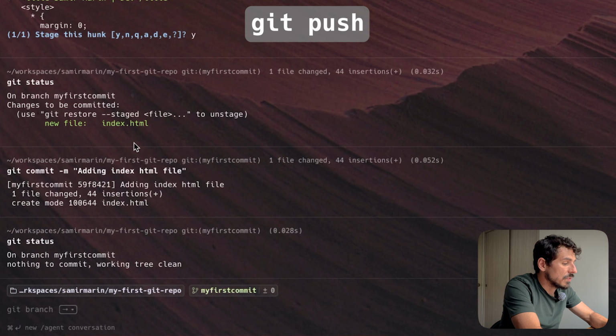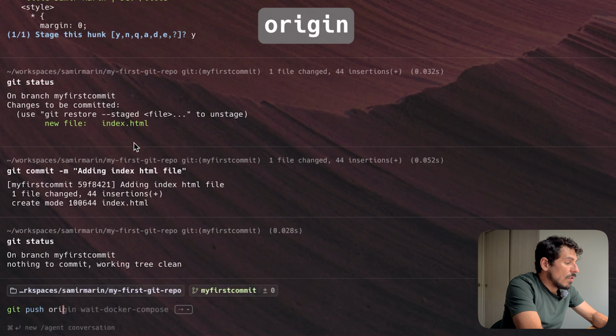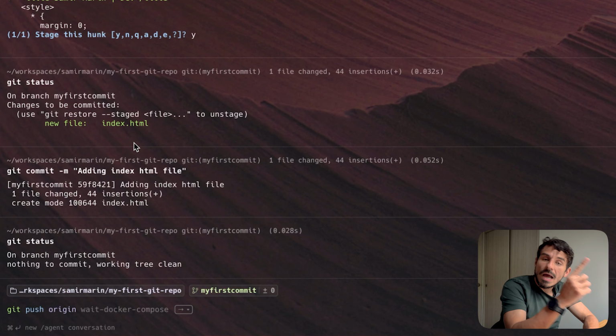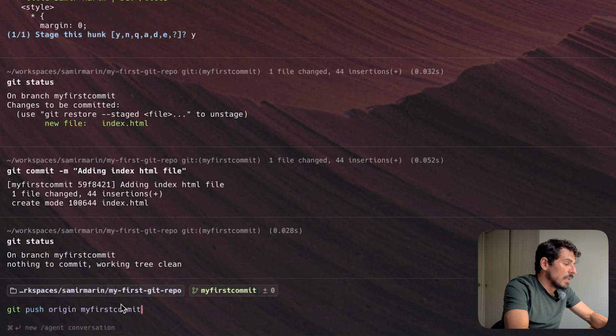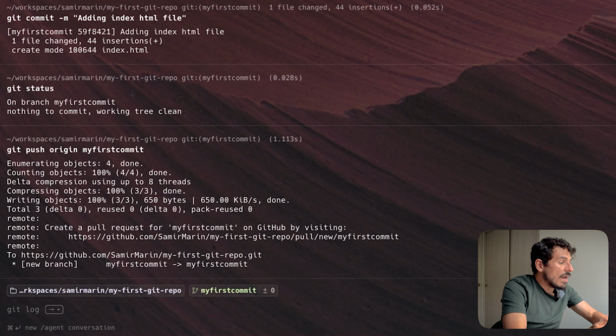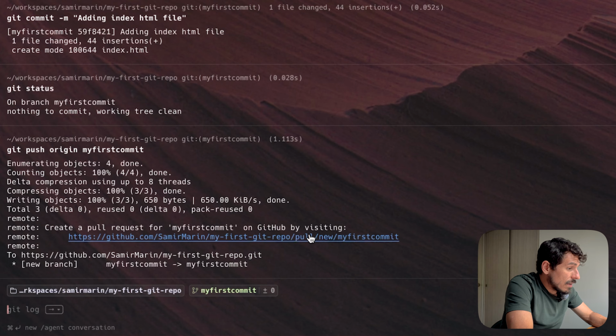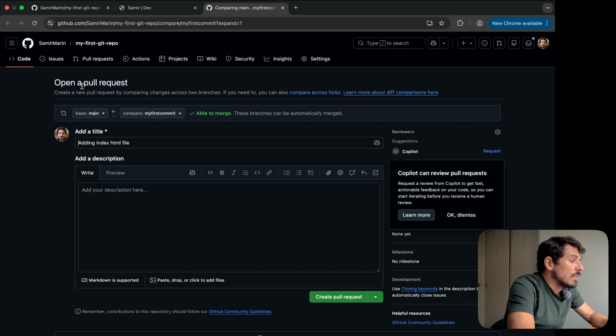And so the way to do that is we go git push, and now origin stands for I want to push it to the origin, and the origin just means the cloud repository. So I want to git push origin and then the name of the branch that I'm pushing to the origin. So my first commit. And then if I run this, what will happen is it will push it up to the GitHub repository. And then once I've done that, I can then open up this change in GitHub because it's now been pushed up to GitHub. So if I click on this here, I can go take a look at what I did. And here it's asking me if I want to open